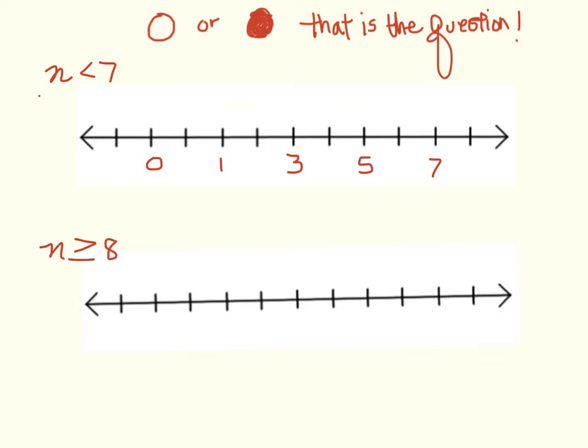We're not concerned about 8, 9, 10 because we know that they can't be greater than 7. So always think, do I need to start on my left or start on my right? We know it can't be equal to 7, so we're going to draw a circle around the 7, but we're not going to fill it in because it cannot be equal to 7. But we know that n can be a value that's less than 7. So we're going to draw a line,